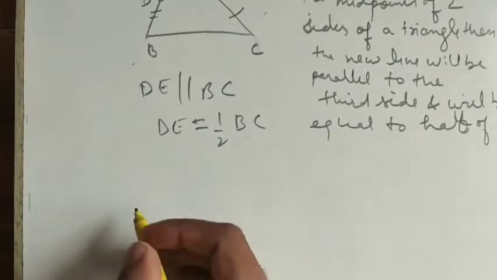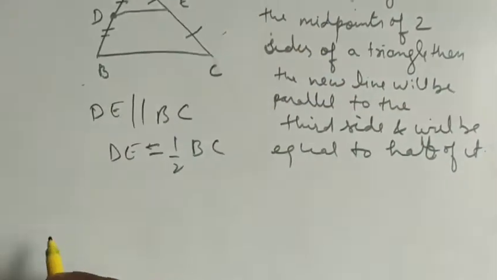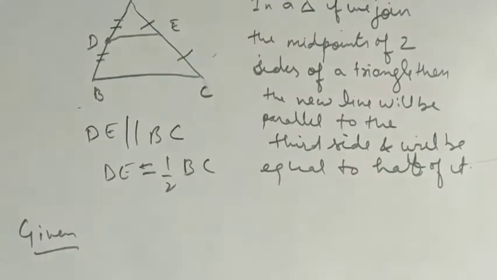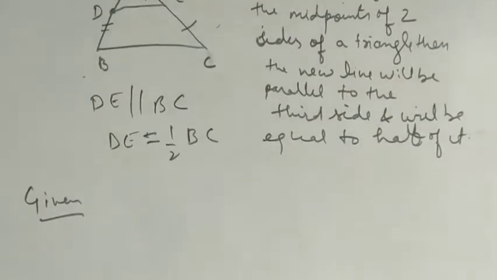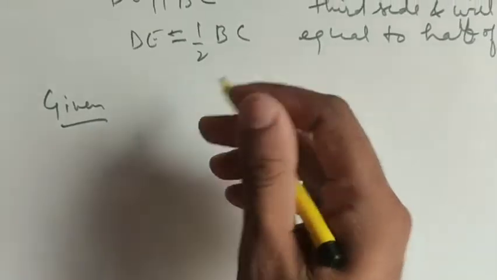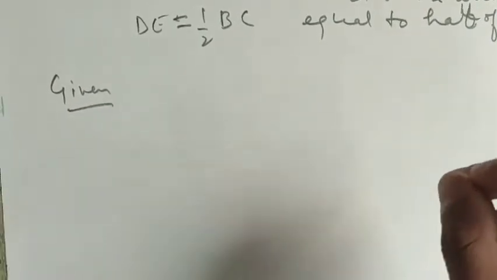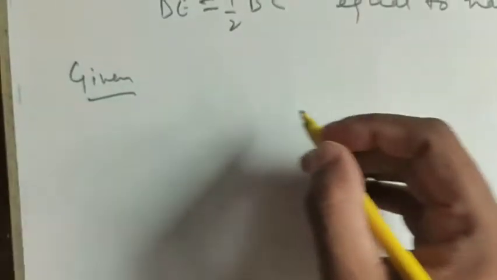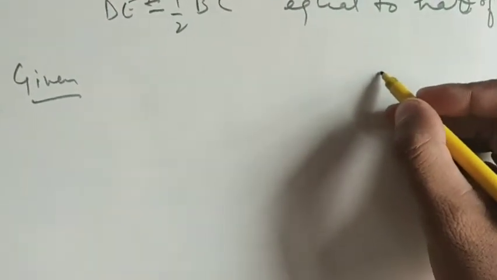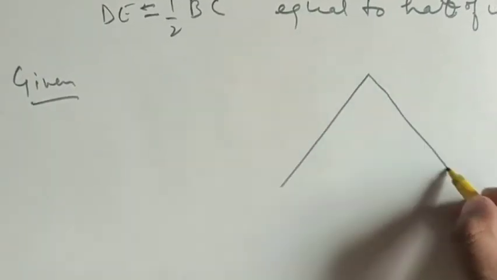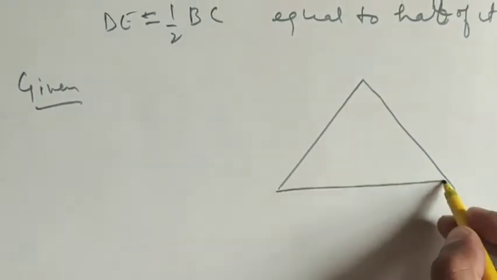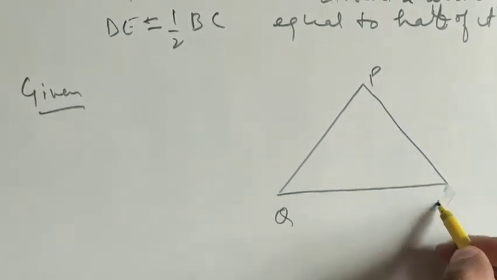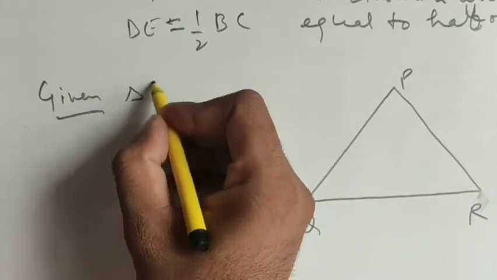So now we try to prove it. This is the midpoint theorem. Now we want to prove it. In the given part we will write down what is given. It was said that in a triangle, if we join the midpoints of two sides, so suppose we have a new figure here. Suppose this is the new triangle PQR. Given triangle PQR,